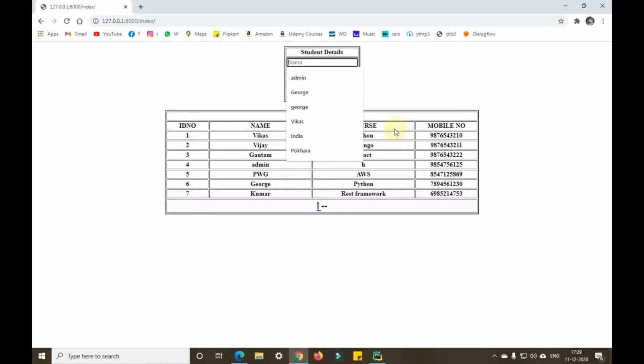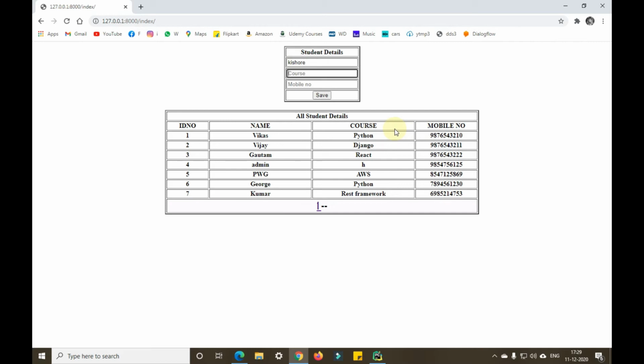Now I'll enter the last person, that is the 8th person. I'll enter Kishore, course as Python, and mobile number 69854471230. Save. So the moment we entered the 8th number, we have got the second page